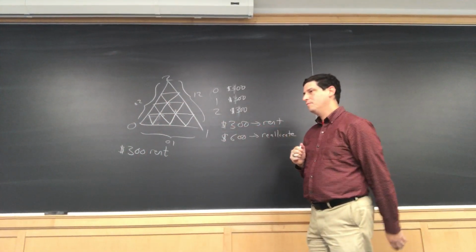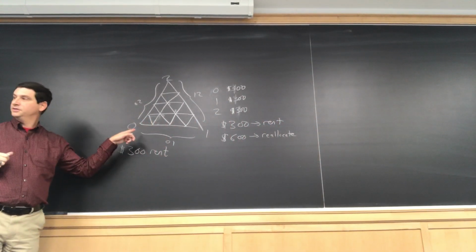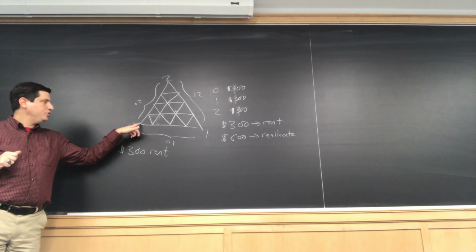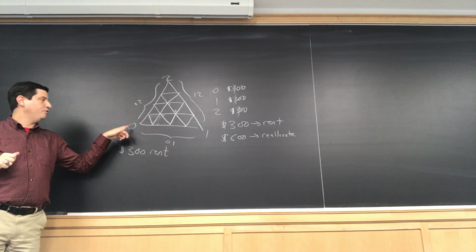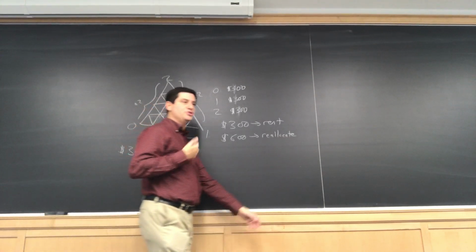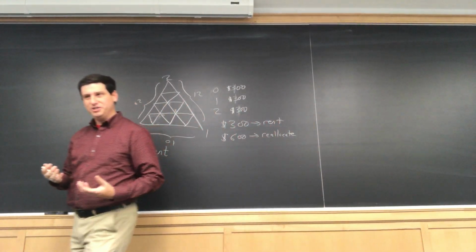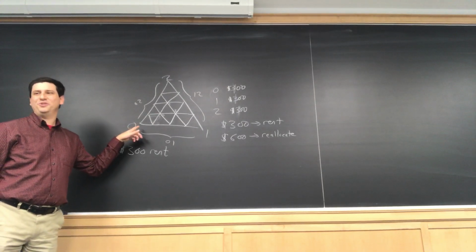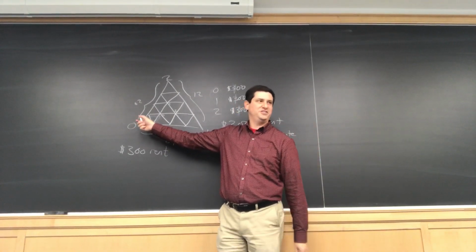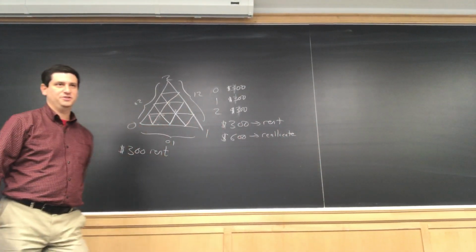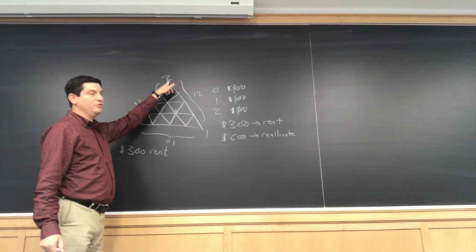You might label the vertices with different rent allocations and then have each person select the vertices that they're okay with. So along those lines, what could this vertex represent? Give all the reallocation to 0. Yeah, give all the reallocation to 0. Do you think 0 will support this plan? Yes. 0 is actually a really good soul and believes in fairness and equity. 0 will support this, and then if 0 wants, 0 will reallocate the money as 0 sees fit. But 0 is not going to object to getting all the money back and then doing with it what they wish. So this would be giving 100% back to 0. This would be giving 100% back to 1. This would be giving 100% back to 2.